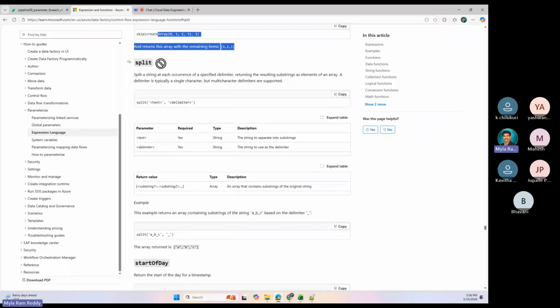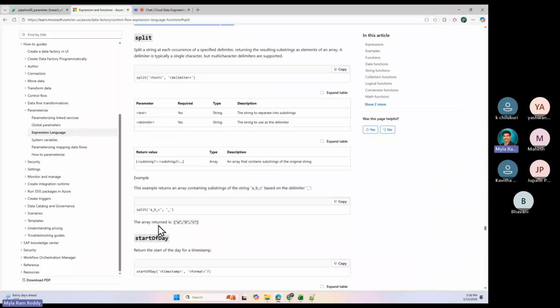Now we are trying to understand the split function. Suppose I give the input as a underscore b underscore c, and we are splitting based on underscore. Then what does it return: a dictionary, list, or tuple? It returns an array. List is called an array here. In Python, a list is called an array here. So now this is